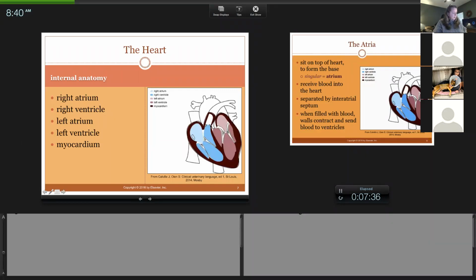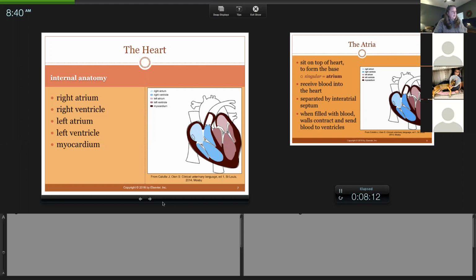And the dividing structure for numbers 8 and 9 is the septum. There is technically an interatrial septum and an interventricular septum, inter meaning between. It'll look like one structure in the heart, okay? It is made up of connective tissue, and then the myocardium attached to that connective tissue. It looks like a strip of muscle right here, but underneath that muscle is a layer of very dense connective tissue, and that's the structure of the chambers of the heart.